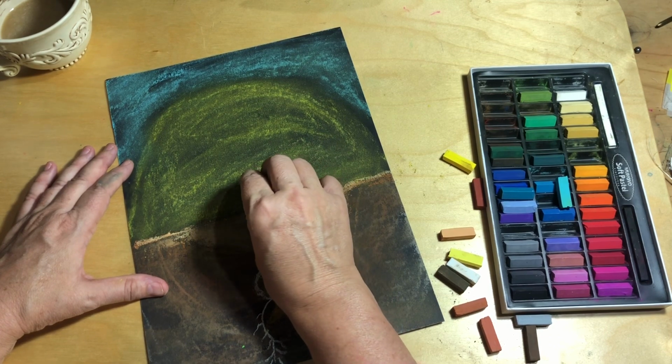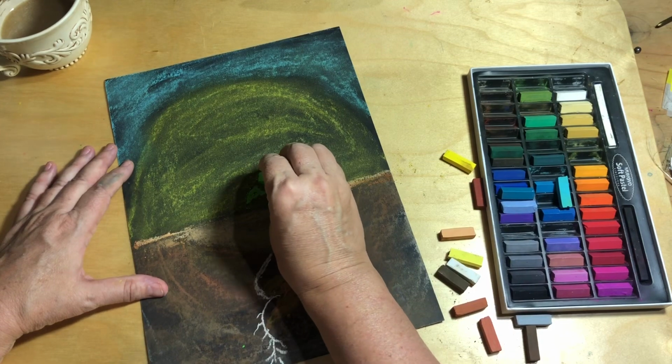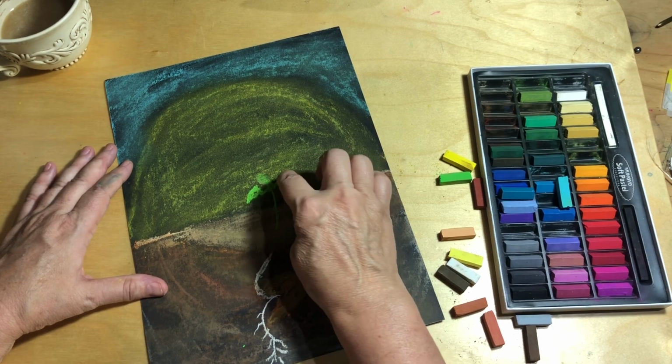Once the roots and the stem part start coming out of the seed, that is the point when the seed is considered to have germinated. Okay, so